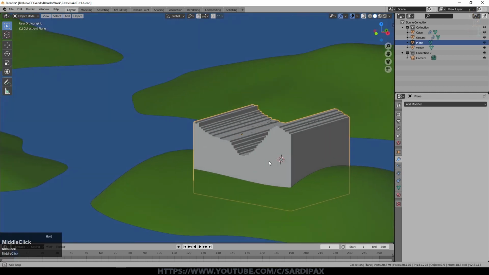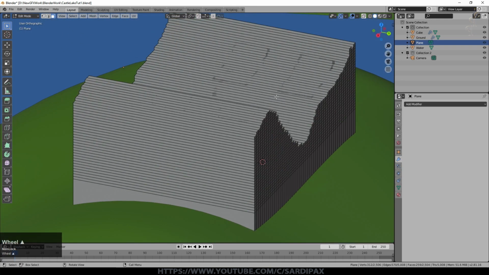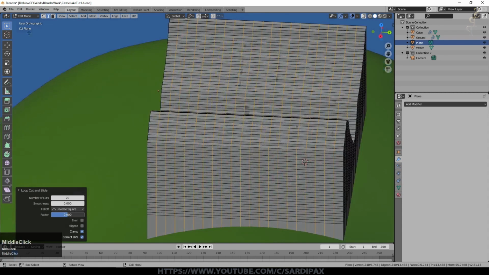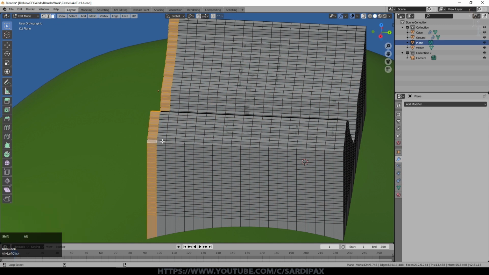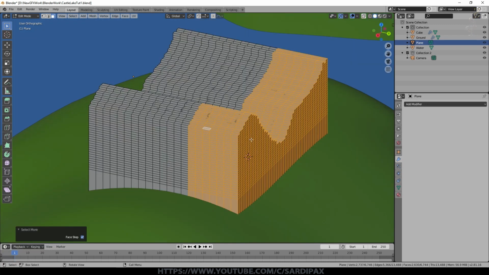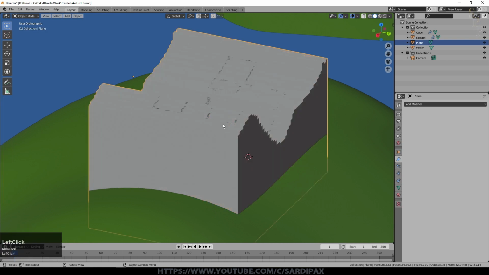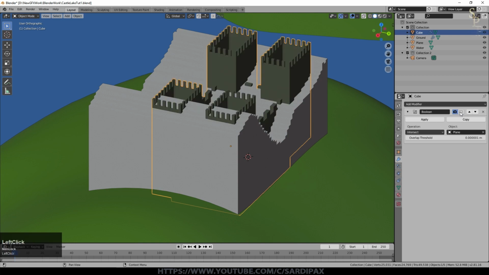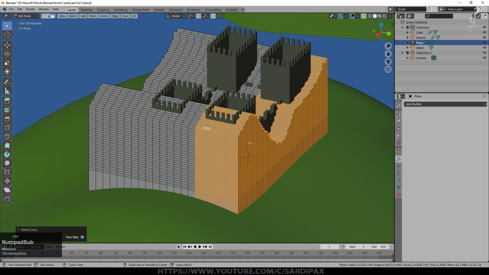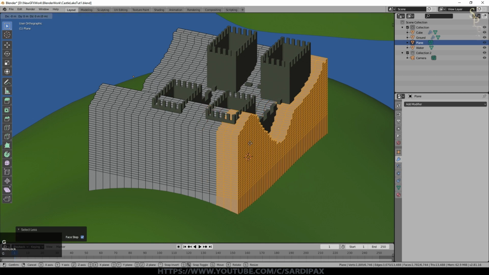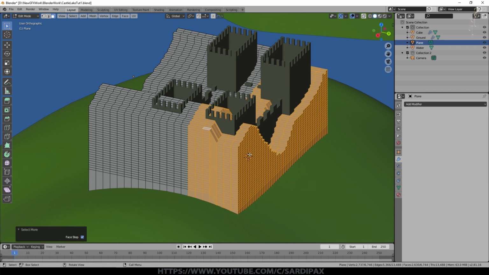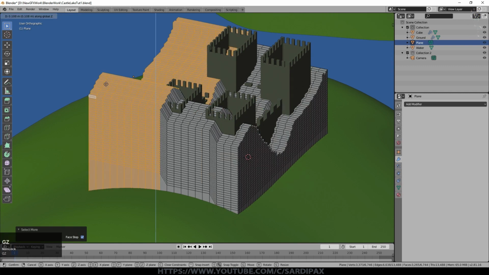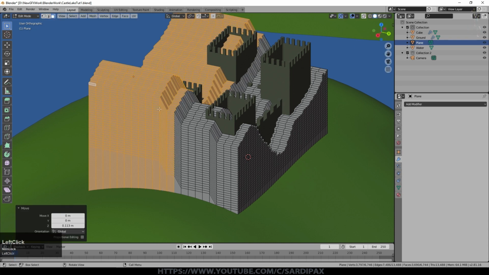Now, one of the things I can do, of course, especially as there's very few vertices here, I could put some additional cuts in, like that. And then with face select on, we can select some faces like that, come out of that for a moment, and we'll just select our castle, and we'll remove the view of the modifier for a moment, so we can see what we're doing as far as this is concerned. I can even come along here, perhaps raise that up a little bit so a bit more of the tower is left. We will get some funny areas, but overall I think that's fine.